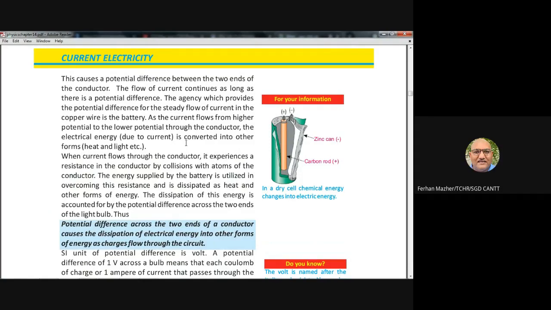Okay, whenever there is a potential difference, then the charges will flow. For example, you can understand this with the gravitational field. We have this gravitational field on Earth. If you are near Earth, your gravitational potential energy is less. If you move away from the Earth, your gravitational potential energy will increase. Do you understand this idea, mgh?